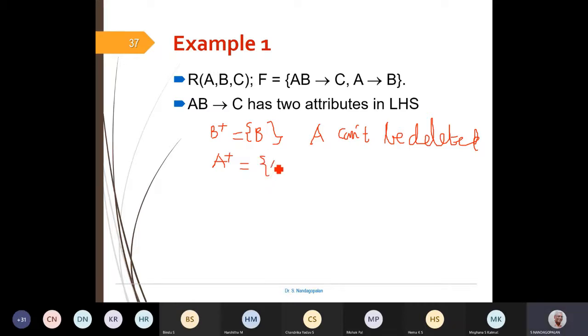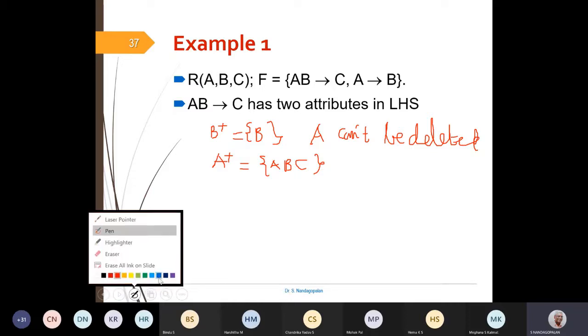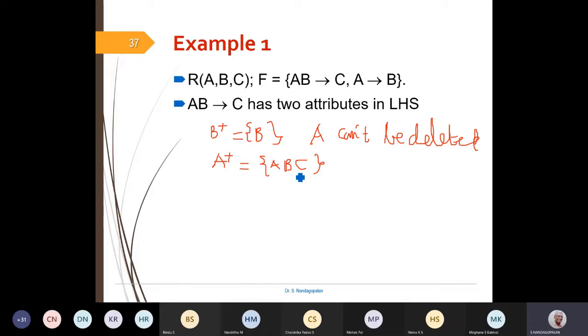I start with A and use F. A determines B, which means A is a subset and hence I can add B. And AB is a subset of this, so I can include C. Now you can see that my closure of A plus actually includes the attribute I have deleted, which is B. I have deleted B, that's why I got A and found its closure after deleting B.